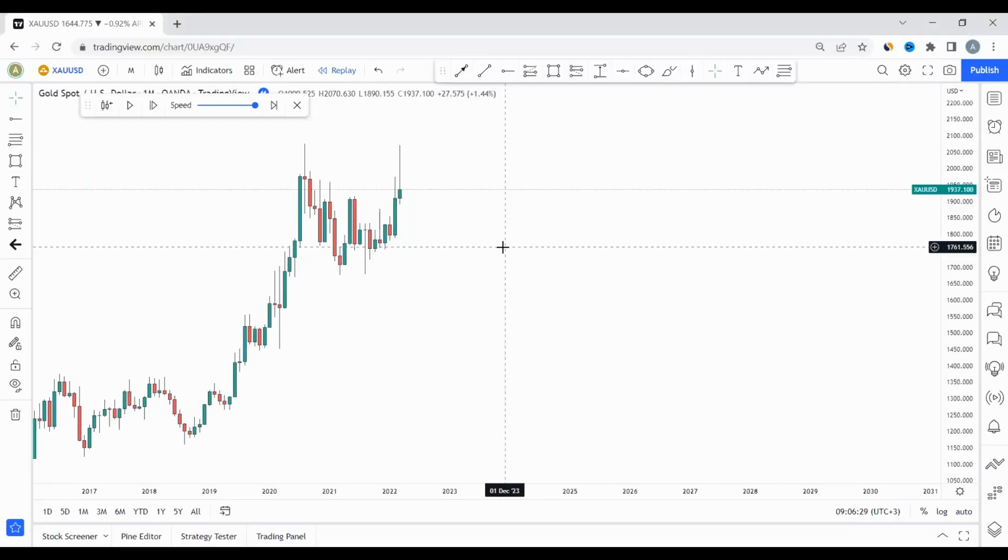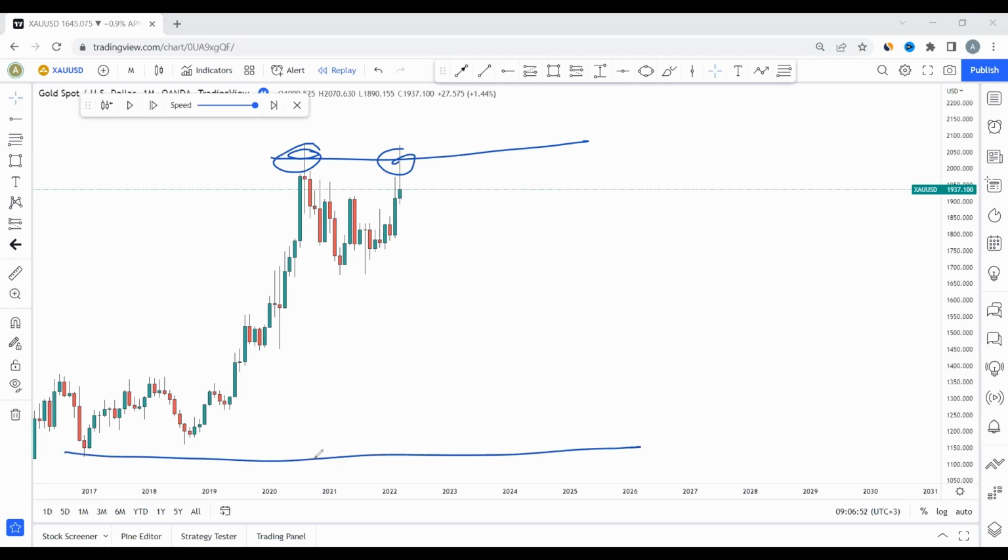Okay, so I would like us to use gold as our example, and we're going to do a very comprehensive analysis on gold. We're going to start with top-down analysis, then we implement all the rules that we have said that will give us reversals, right? Now, remember we said that you should avoid saying that when we reach all-time highs, then you can sell, or that you have to wait for it to reach the all-time lows, right? This is the first thing I would like you guys to remove from your head.